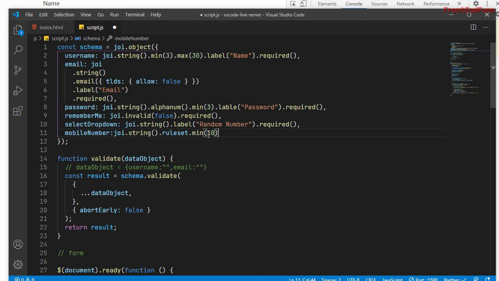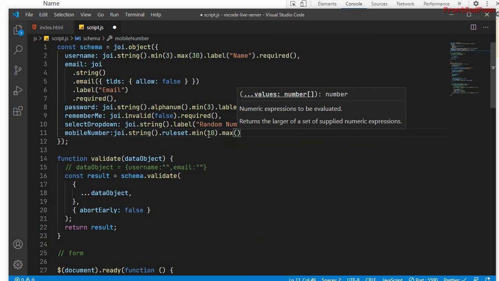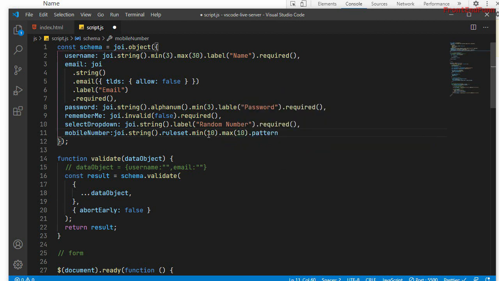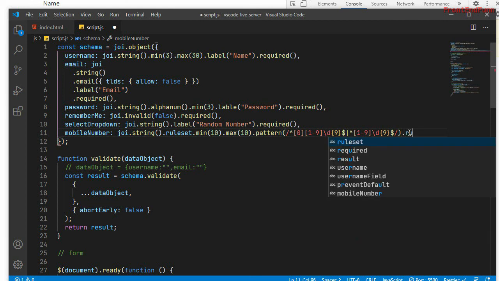I'm going to add the minimum length as 10 and max length as 10, and I'll be matching this with the regex pattern. You can just Google the pattern and add it. So this is the mobile number pattern.